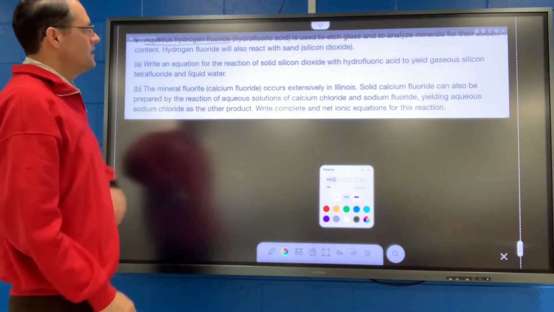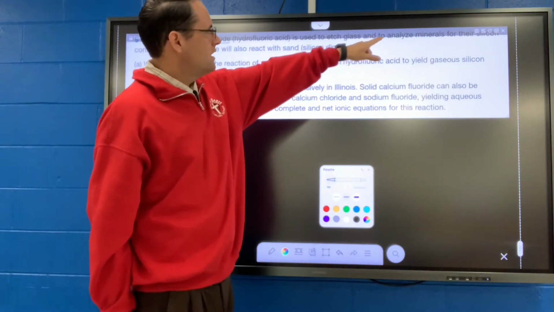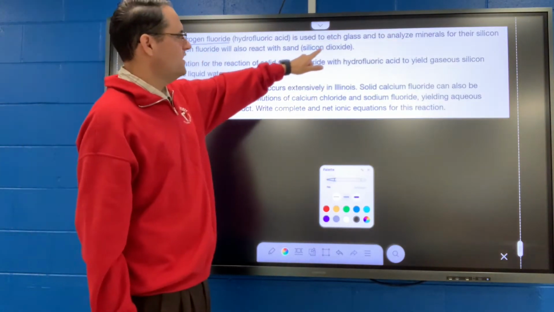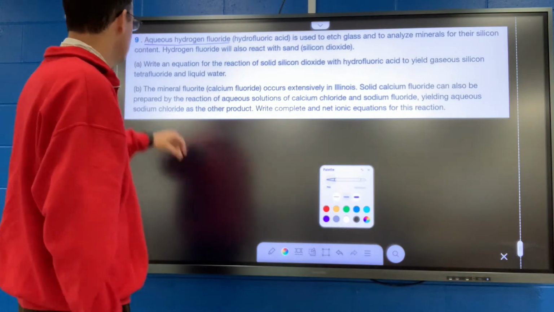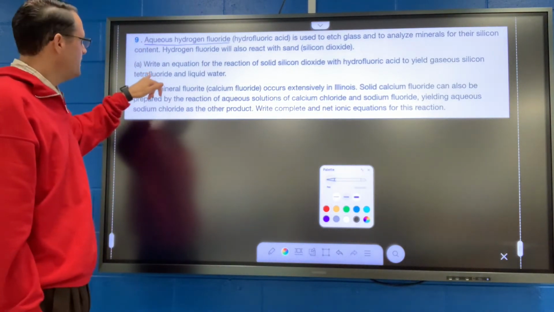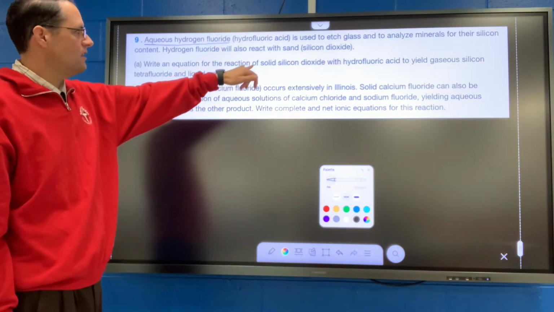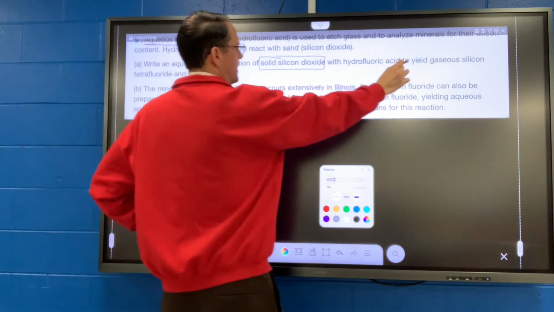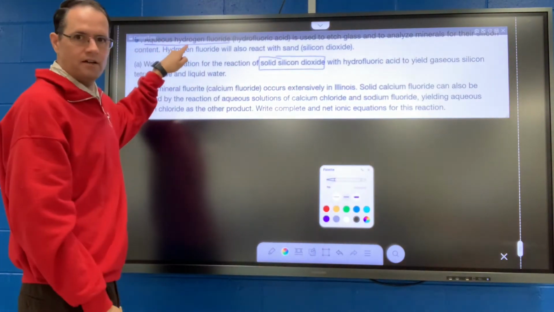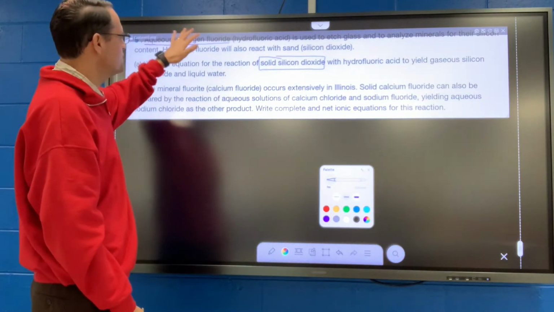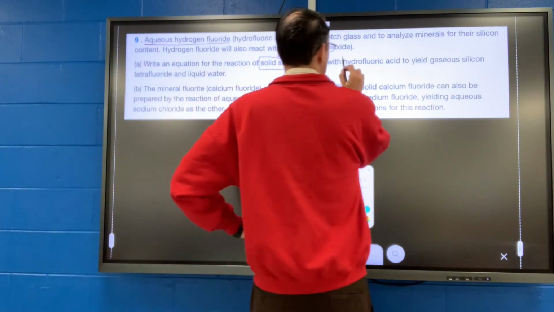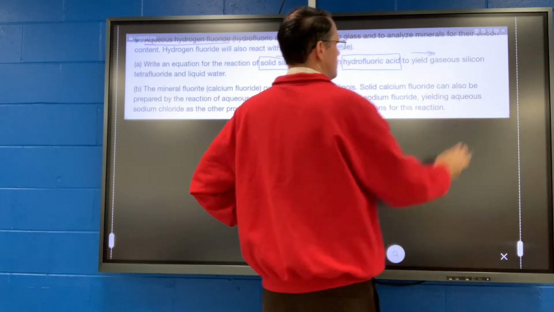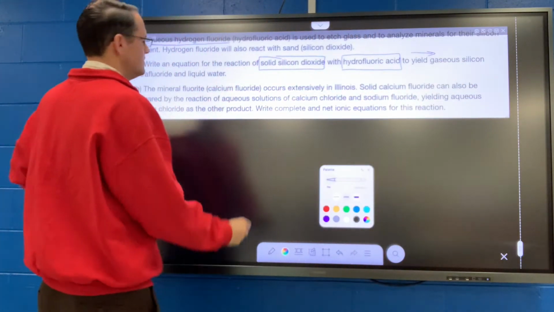is used to etch glass and analyze minerals for their silicon content. Hydrogen fluoride will also react with sand, which is silicon dioxide, okay? So it says, write an equation for the reaction of solid silicon dioxide with hydrofluoric acid, that's right here, aqueous hydrogen fluoride, to yield, that means reaction arrow, gaseous silicon tetrafluoride